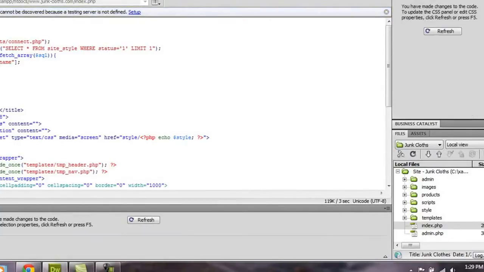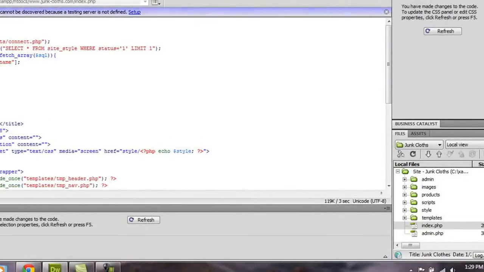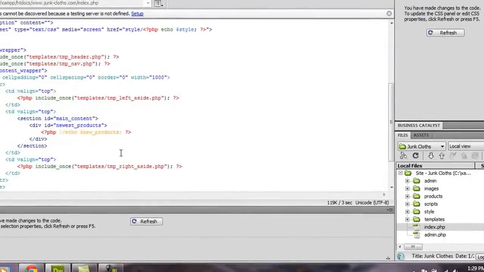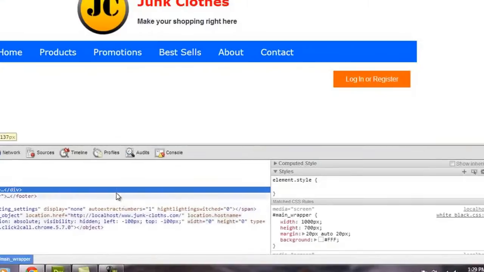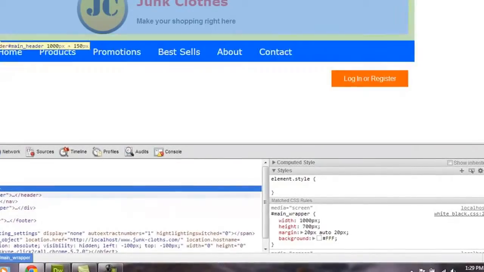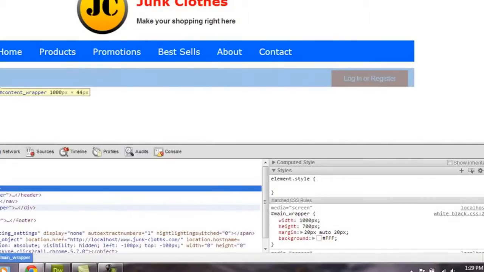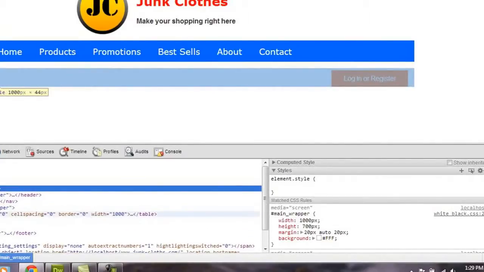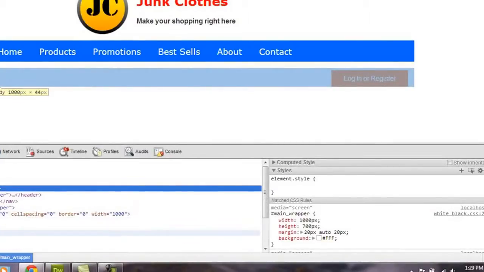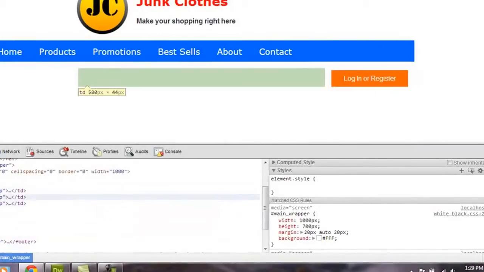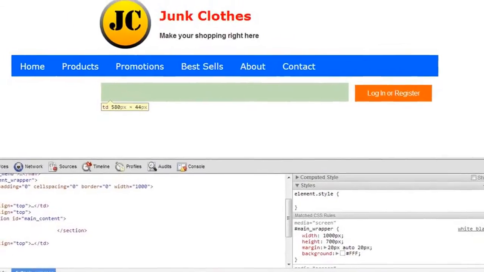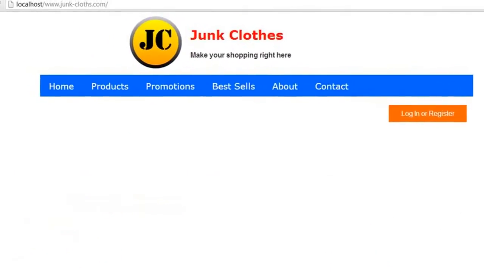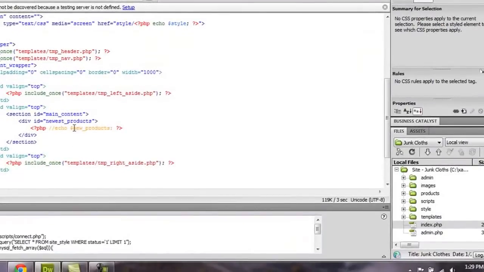We come here on the top, and before we do that, actually I want to add a little style right here. So let me see what do we have here. So main wrapper, I'm not concerned about that. Okay, so it's 580. So we take this